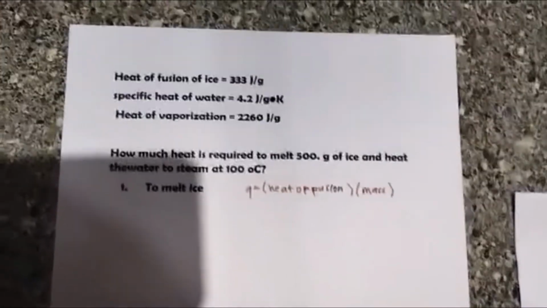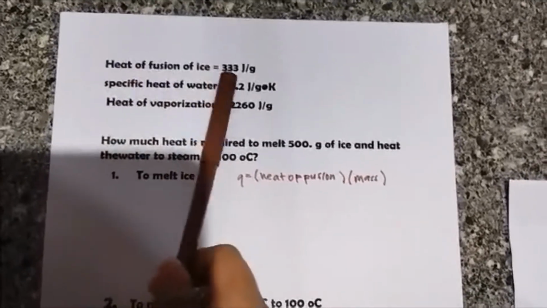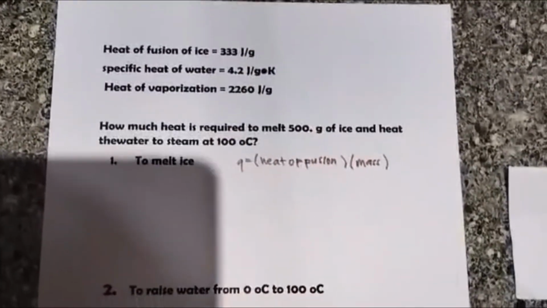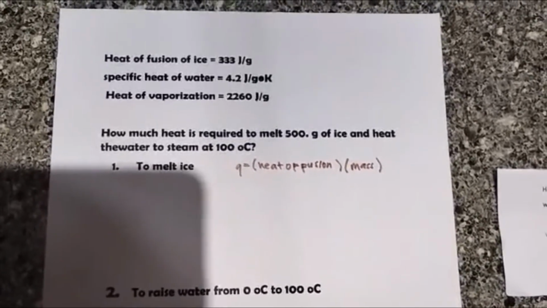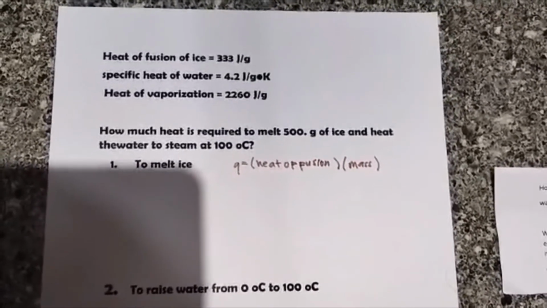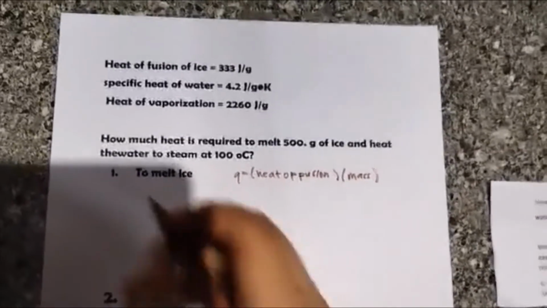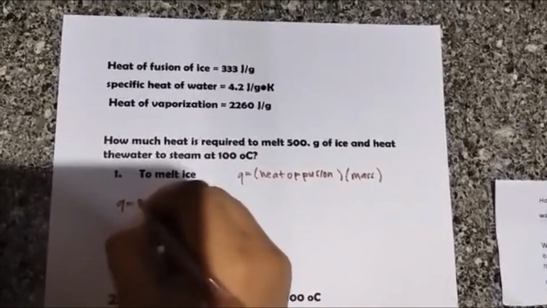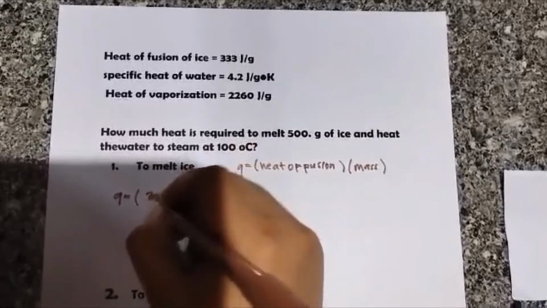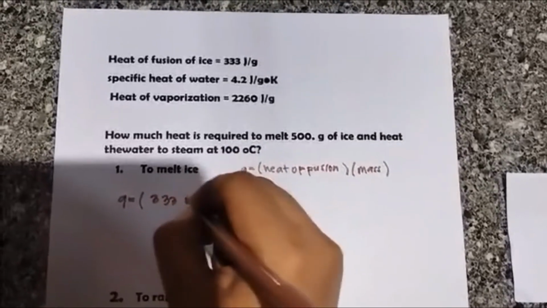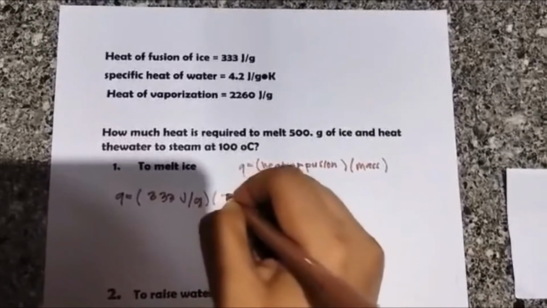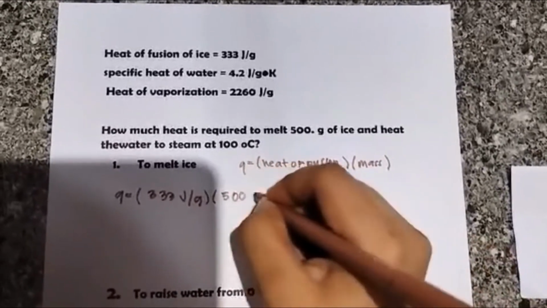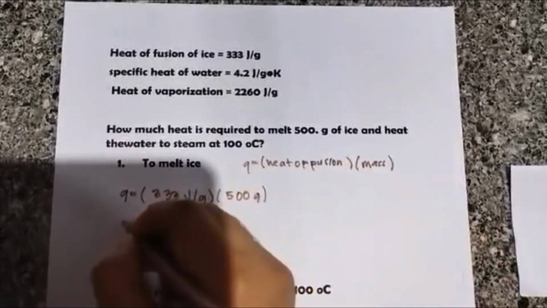I already gave the heat of fusion here, so we can now easily solve this. All we have to do is to multiply them. So Q equals the heat of fusion, 333 joules per gram, and the mass is 500 grams. So the answer is